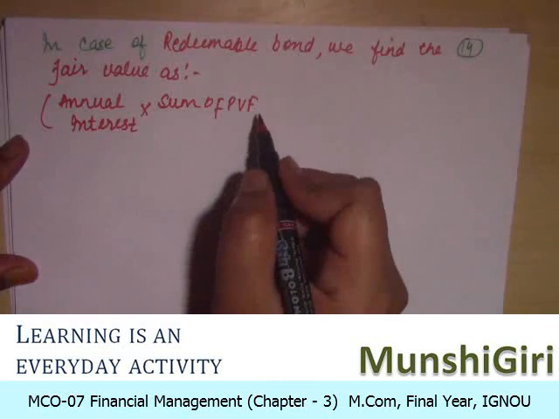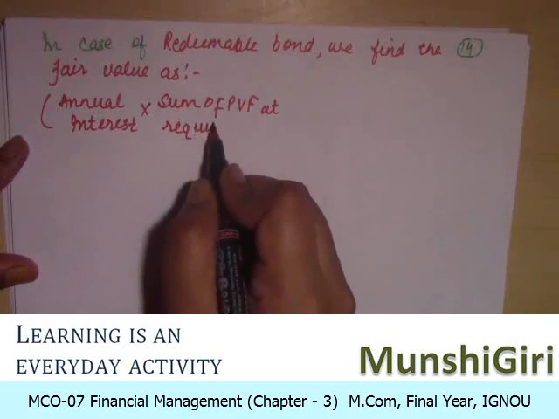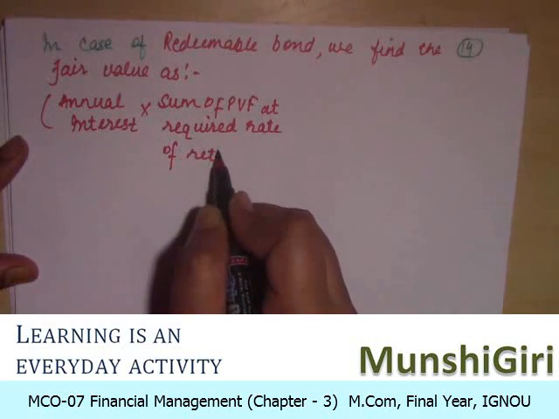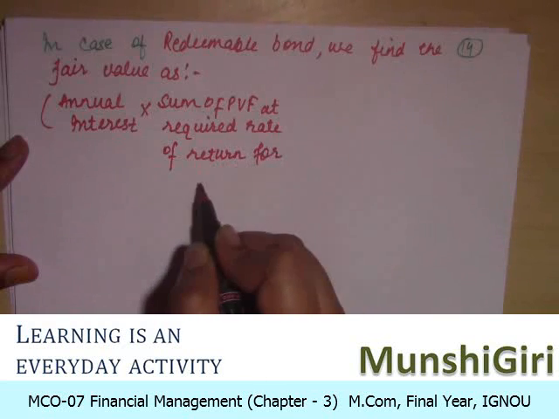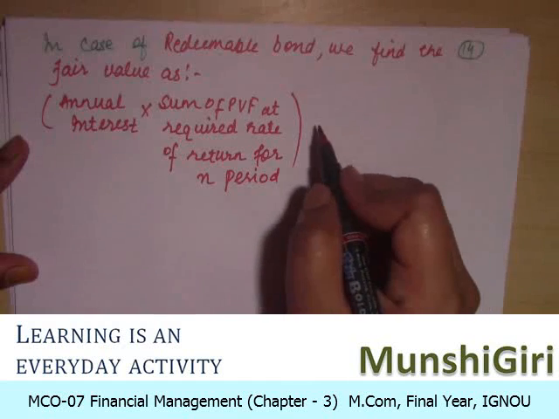PVF is present value factors at required rate of return for n period, that is the desired period, the number of periods given in the question,